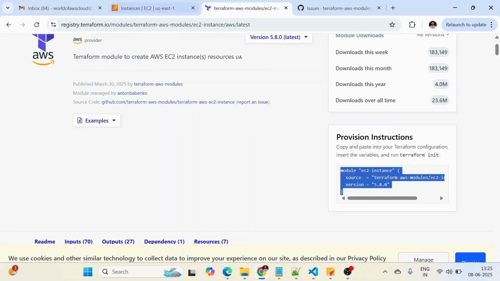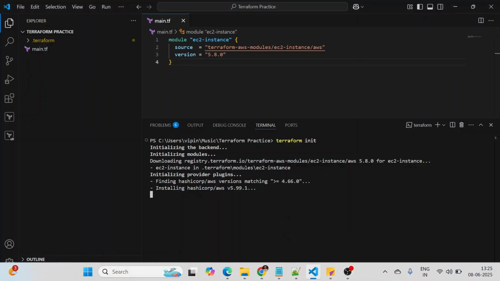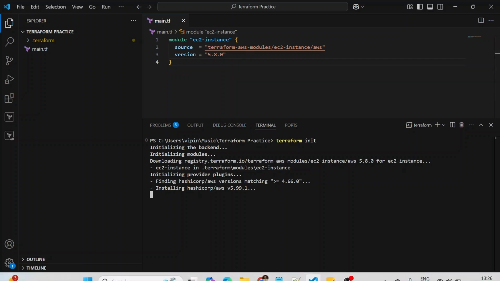As we can see, we are in the Terraform registry. The module is getting downloaded. Let's wait a few more seconds. It is installing the HashiCorp provider version 5.99.1. Then we are going to apply this configuration and see whether an EC2 instance gets created or not.